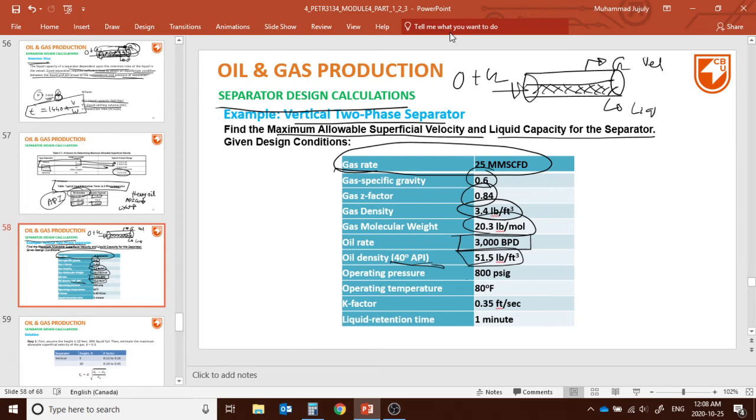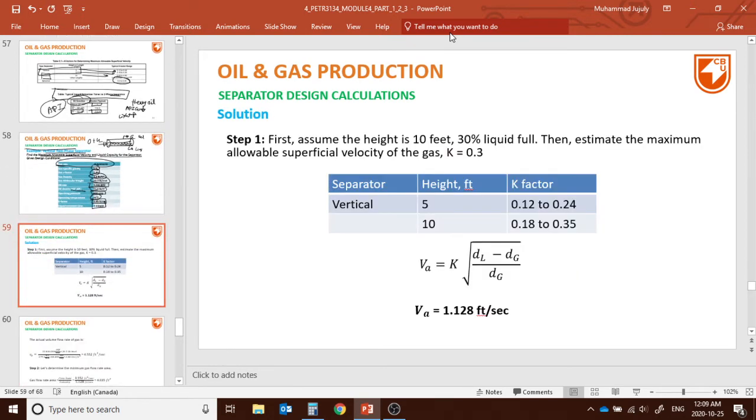Operating pressure 800 psi, which is very high pressure. Operating temperature 80 degrees Fahrenheit, and the K factor is given, and liquid retention time is 1 minute. Okay, so let's calculate. Step 1,